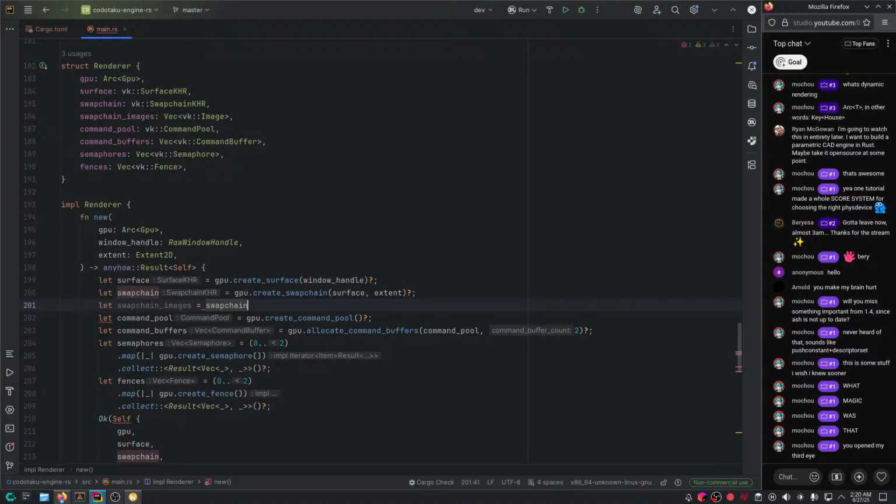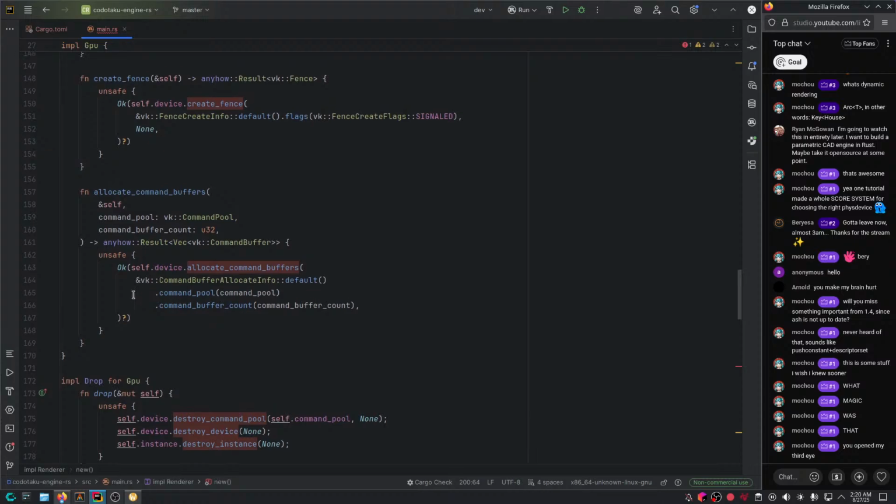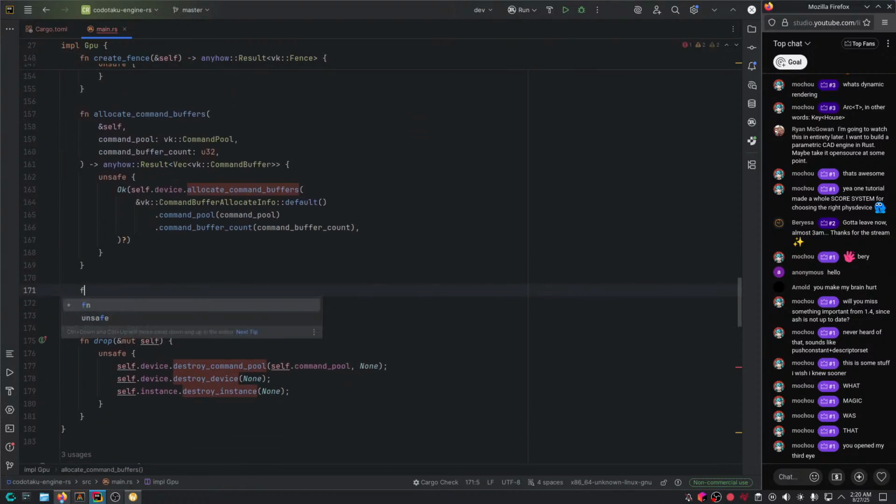So swap chain dot, well actually self.device, or isn't it? No, I can't. Oh yeah, okay, we need another function here then. So fn get_swap_chain_images apparently. Swap chain, vk SwapchainKHR.